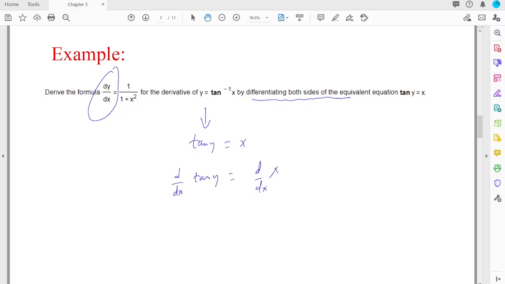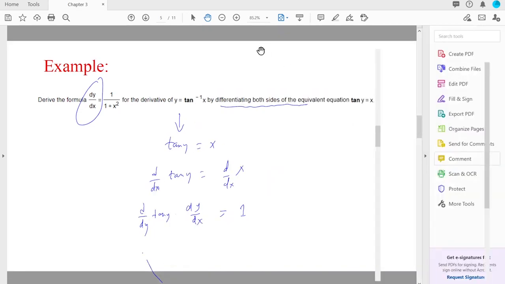So since this is a function of y, we have to use the chain rule here. The chain rule is: find the derivative of tan y and multiply by dy over dx, and the derivative of x with respect to x is 1. Okay, so now